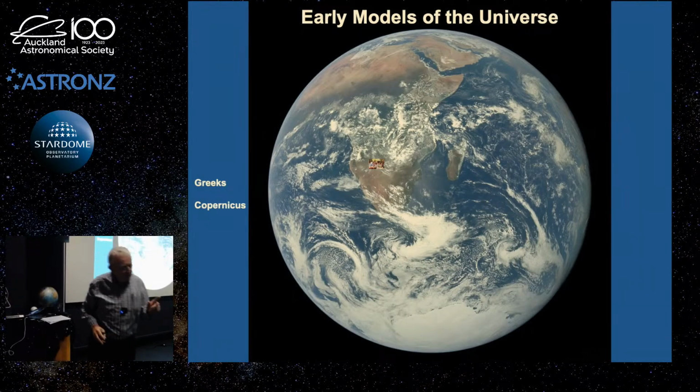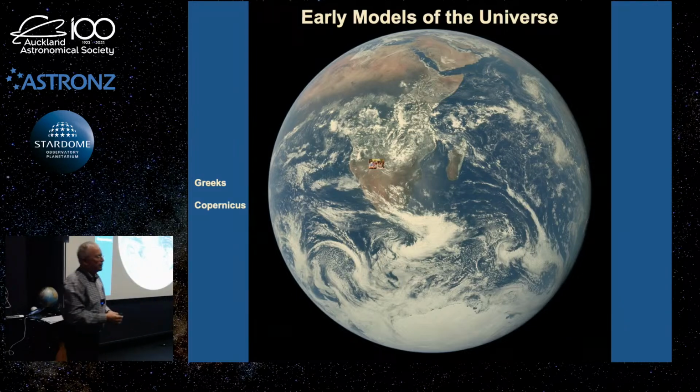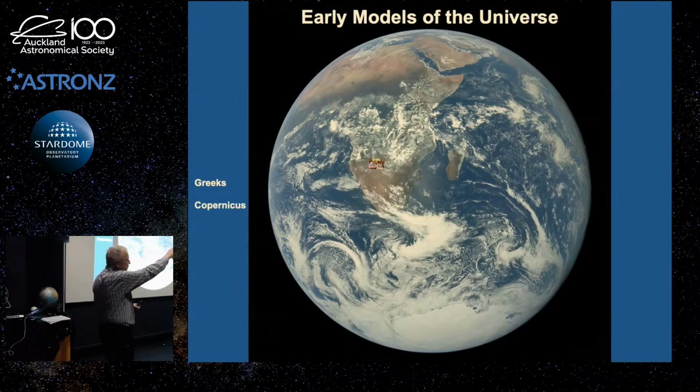It did, however, have a problem. It couldn't explain how some of the planets appear briefly to go backwards in the sky before they go forward again, what they call retrograde motion. So it was Ptolemy, the Greek philosopher, who came up with this complex idea of circles within circles to try and explain things. And if you're familiar with Occam's razor, if there's multiple possible reasons for something, it's usually the simplest reason.